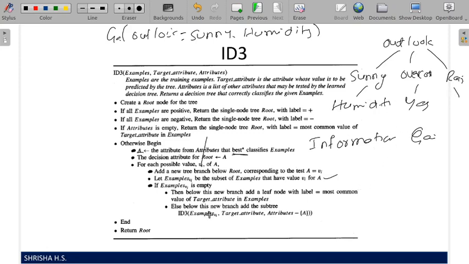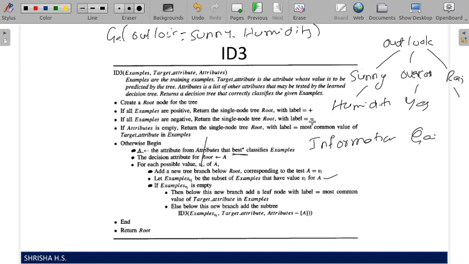So this is the ID3 algorithm, just like our problem. First you call ID3 and create a root. If all examples in the table are positive, you return a leaf with that label, and the same if all are negative.